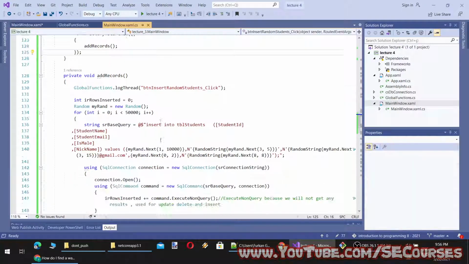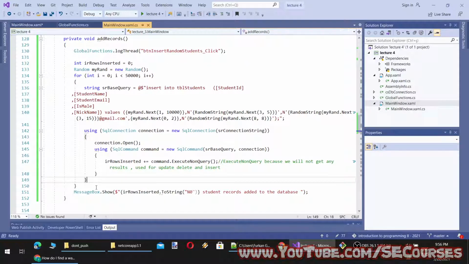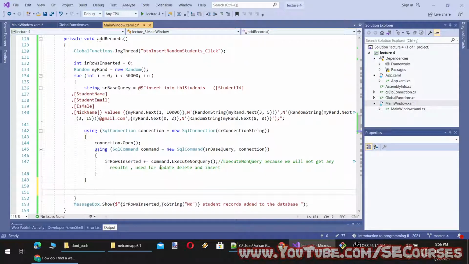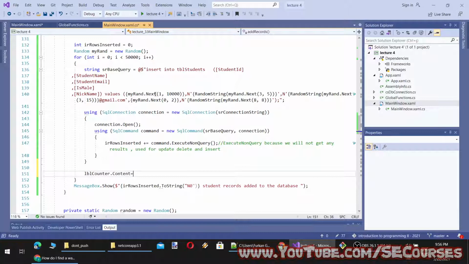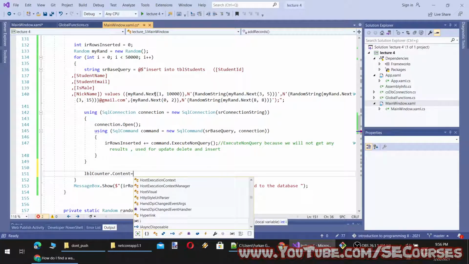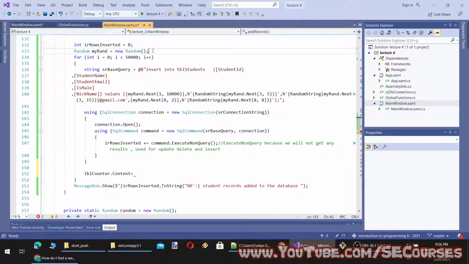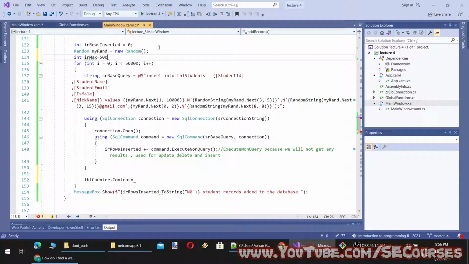All right, so in here we will display the number of added records, with content equal to i.ToString, or let's say we can make it 50k, and i over.